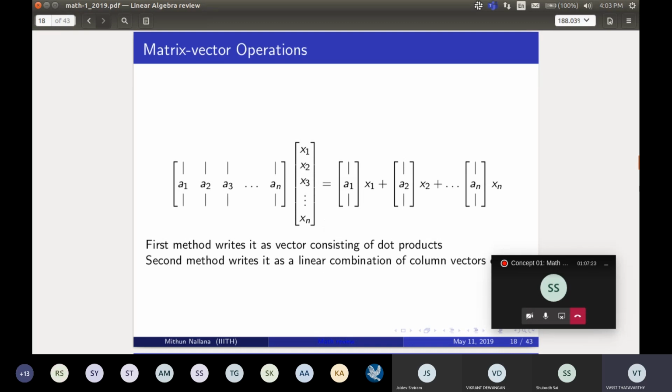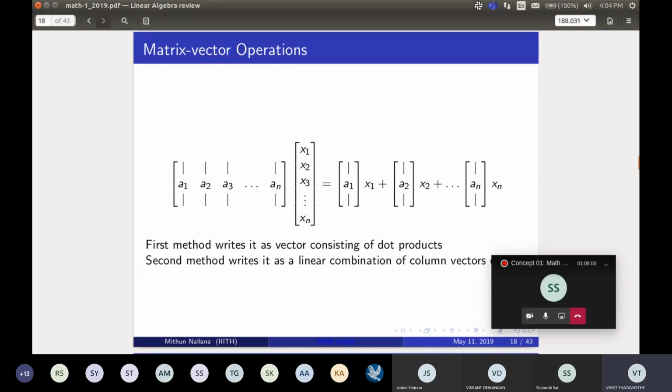And there is a different way in which you can see matrix vector product. So it can be seen also as a linear combination of the columns of the matrix A, the weights being the elements of the vector. So x1 is the first element, so it multiplies the vector and then you take the sum of all of this. That gives you the same output as matrix into vector product. So it is a different way. So you now got two different ways of looking at the same thing, the matrix vector product.